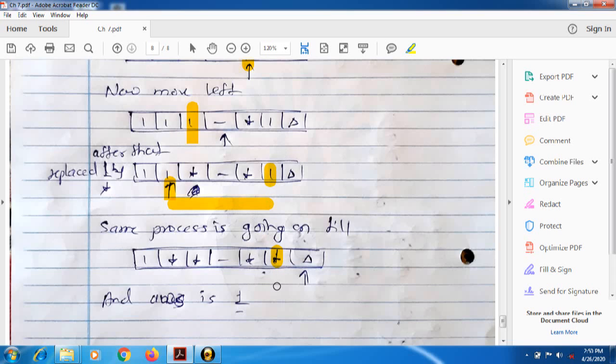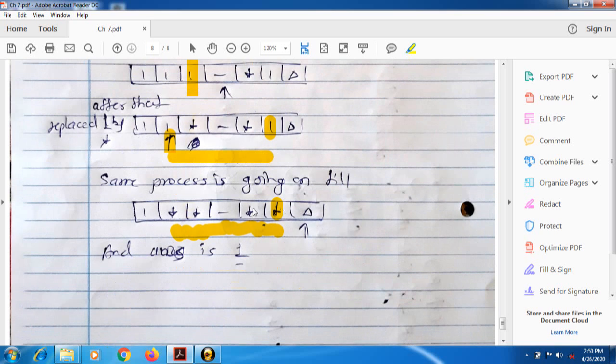Again we are following the same process, that is moving towards left. Again we are replacing it by star, and we have to follow the same process till our cursor finds a null value at the right side. And whenever we find a null value at the right side, again we have to move back, or you can make it stationary, and the remaining value in that tape is nothing but your answer. So this is your answer.